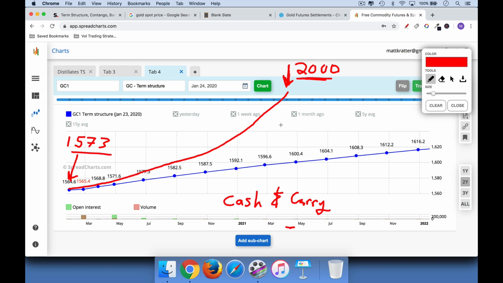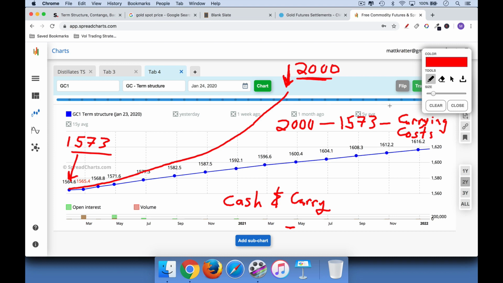And so my profit is basically going to be the price I sold the gold for, $2,000, minus the price I paid for the gold, $1,573, minus the carrying costs, what's often called the carry. As we mentioned, that is just storage, insurance, possibly opportunity costs. I'm not sure I'd count that in this case, but basically storage and insurance.